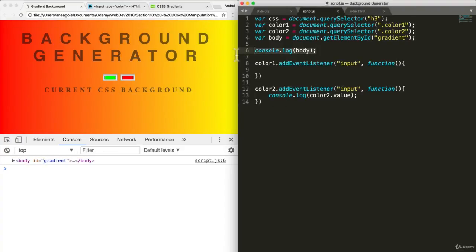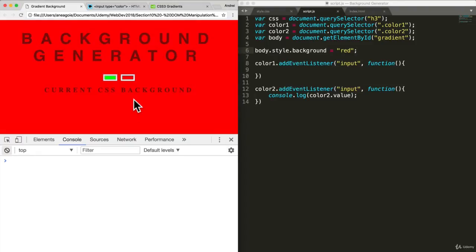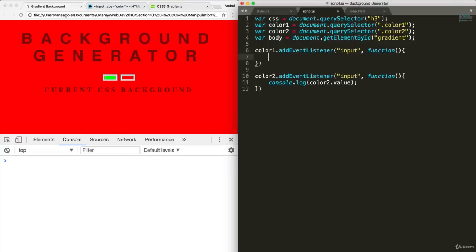And if we remember, we can change the style of the body by doing style.background. So that's the CSS property, and we can just say red. Let's see if that works. All right, we're changing the color to red, but that doesn't look as good as a gradient. But at least now we know how to change this. So we can say when the first input changes, body.style.background